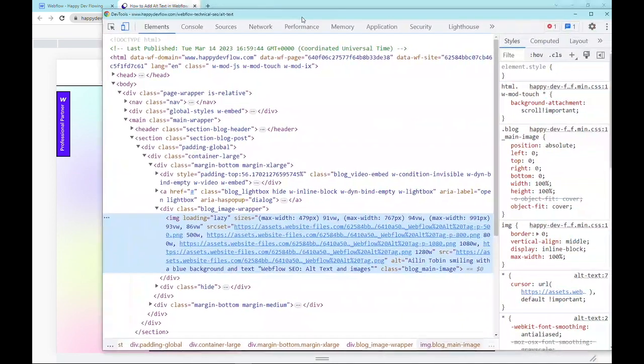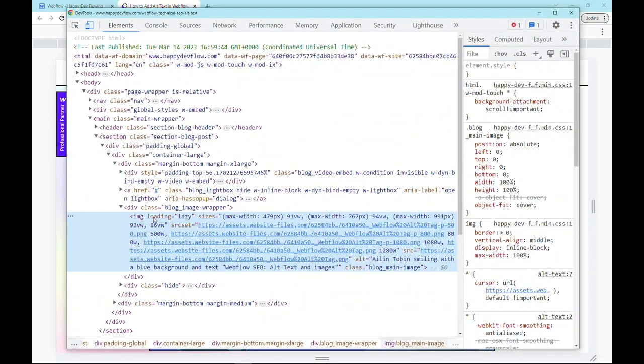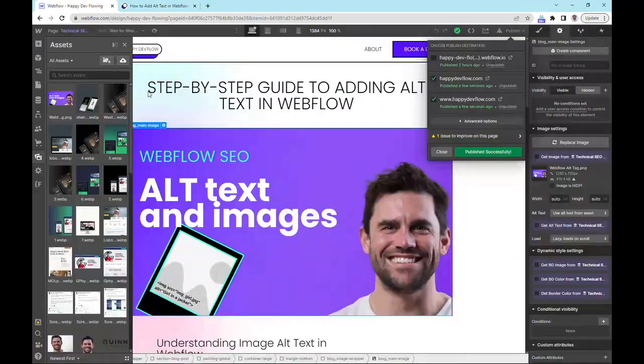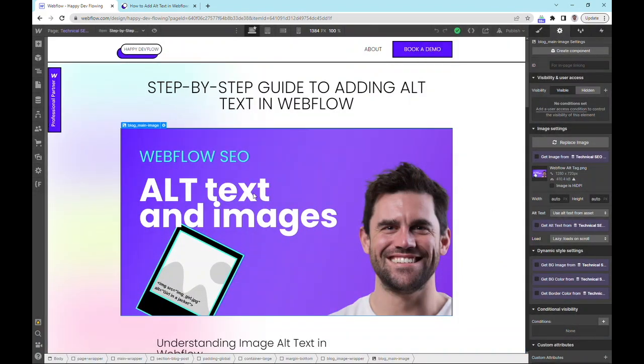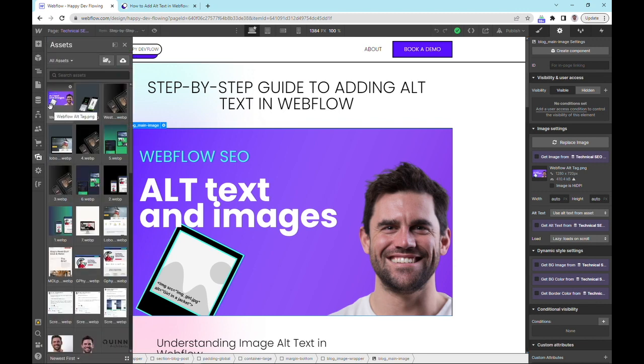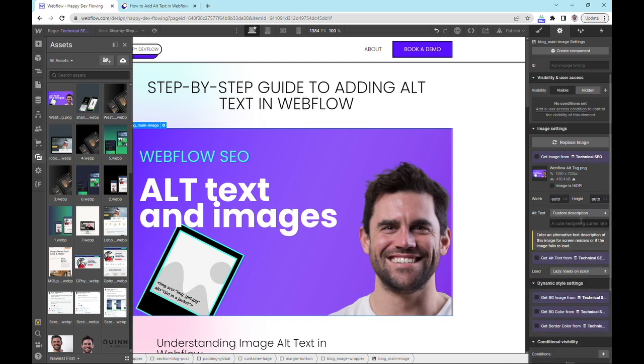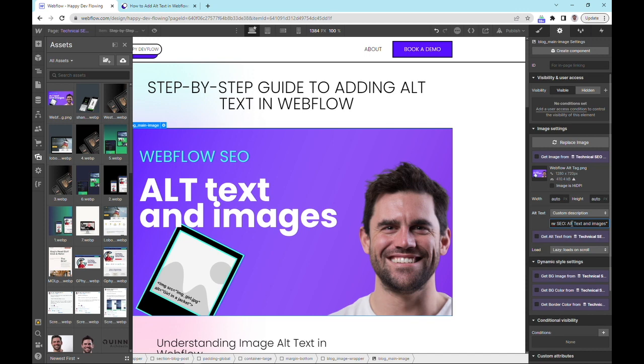And then when I pull this over, we can see here that our image has an alt tag, which is the alt text that we put into our asset. So that's the first way to do it. Now the second way that we can do this, we've actually got an override feature here. So even though this asset has an alt text, we're able to override this. So over here you can see that we can change this, and we can add a custom description. So if I wanted to change this here, we can, so I'm going to put in the exact same one,